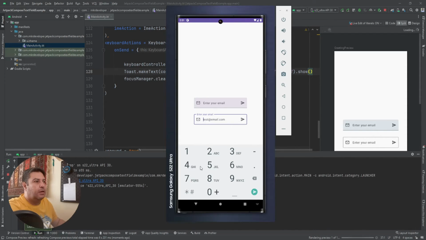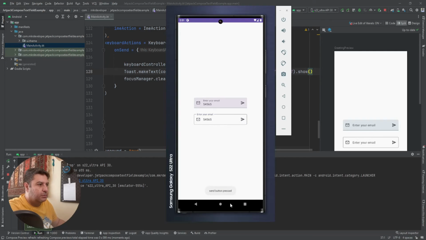Okay, here I have my text field. I'm writing something, pressing this. The keyboard will be closed. The toast message will be displayed, and the focus will be disabled. Our focus is on the first one. Focus is on the second one, and as you can see, when I'm pressing this, there is no cursor here and there is no color for this text field. It will be in gray color, that means it's disabled, and the focus is cleared. Okay,